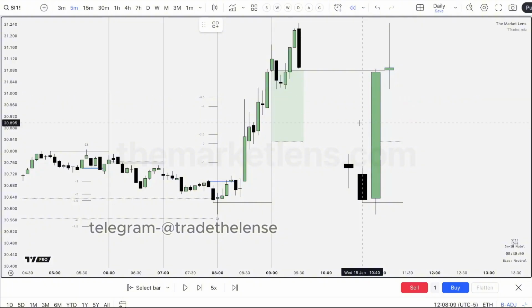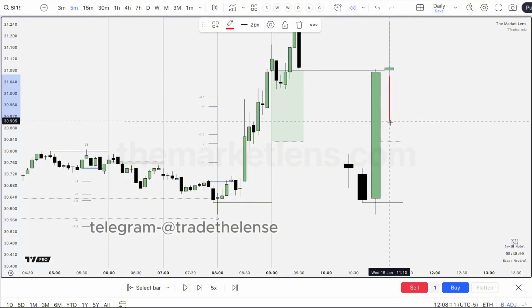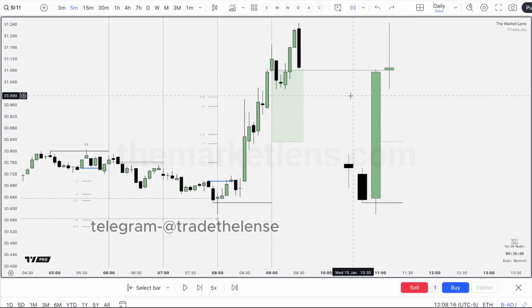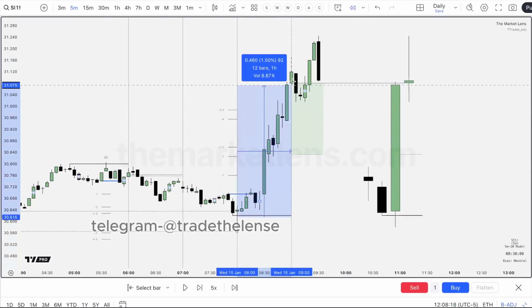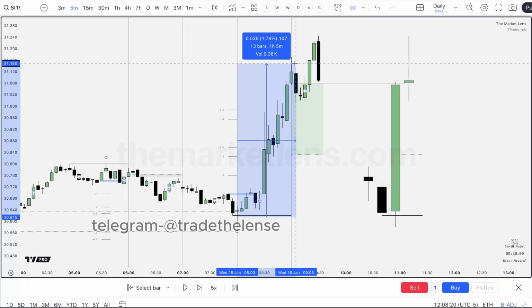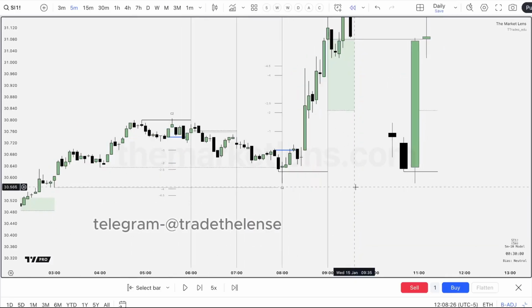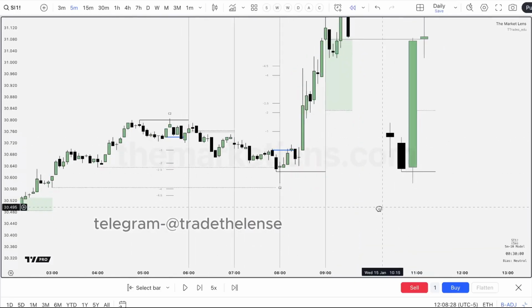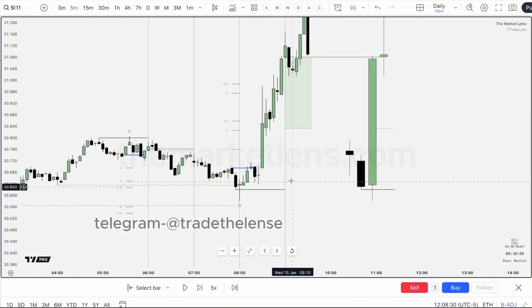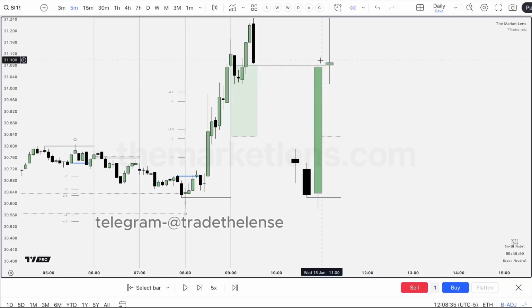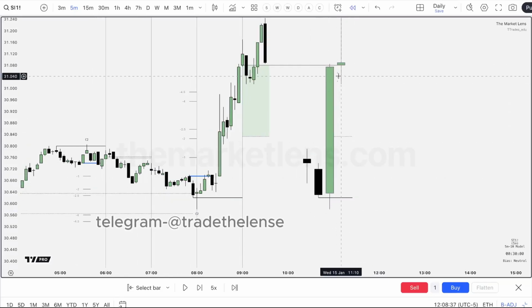And we had such a large range that price could realistically go all the way down here, all the way back up, and still be valid. So for me, I'm not trying to trade after a massive move like that, personally. It's just very hard. I like to trade after a reversal candle, so that would be a candle that looks similar to this, not trading after the expansion. My whole goal is trading expansions, not after expansions.